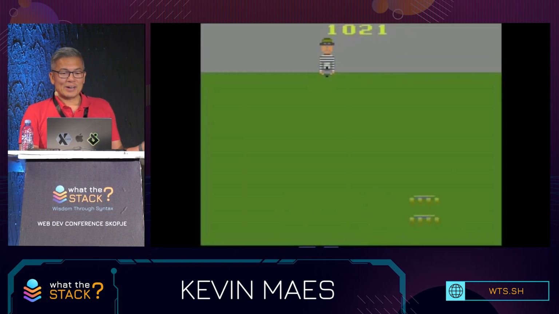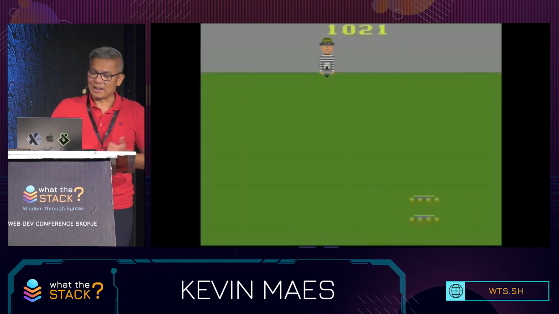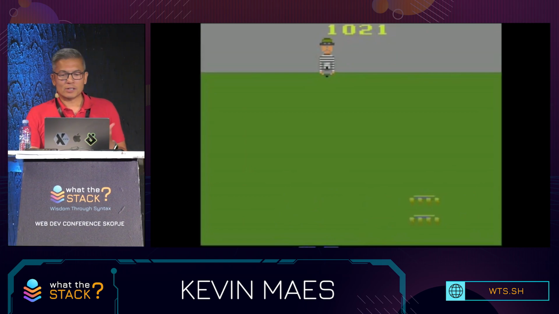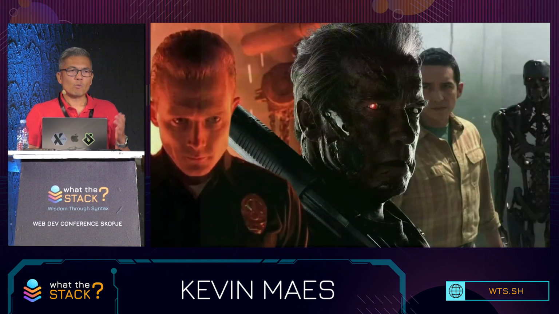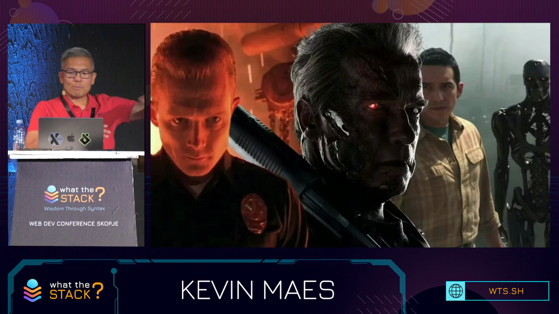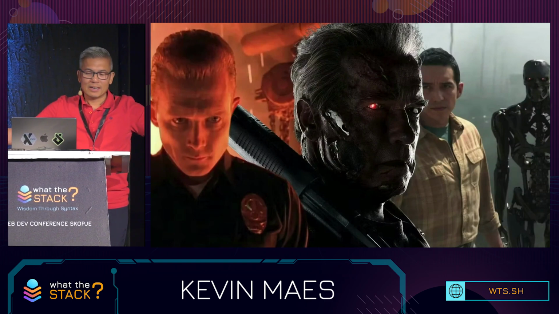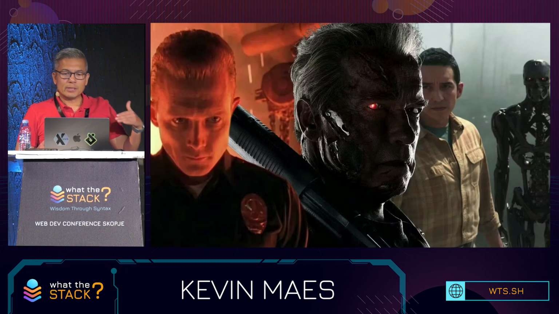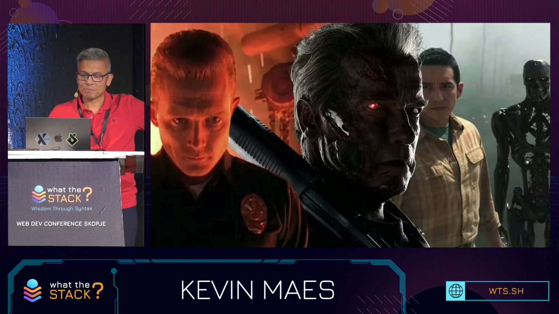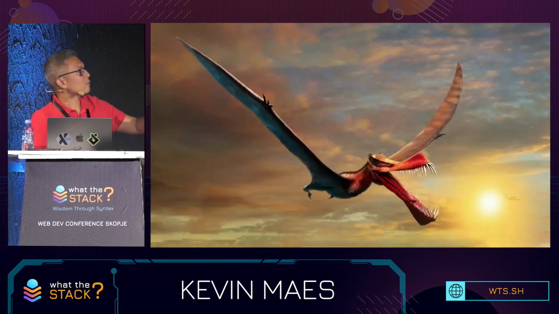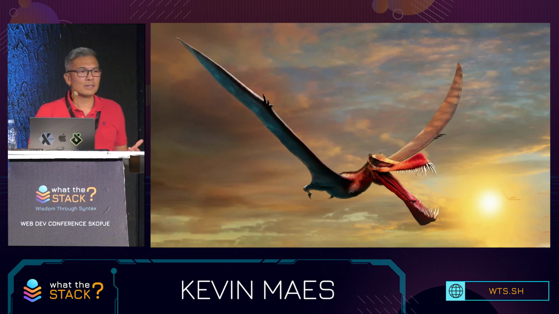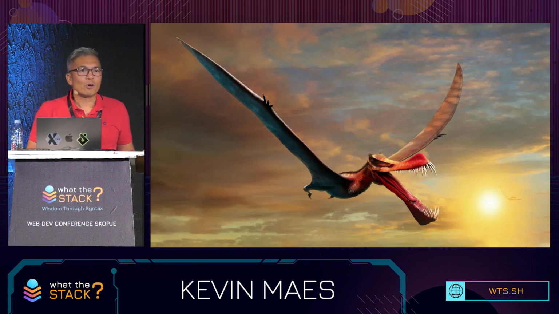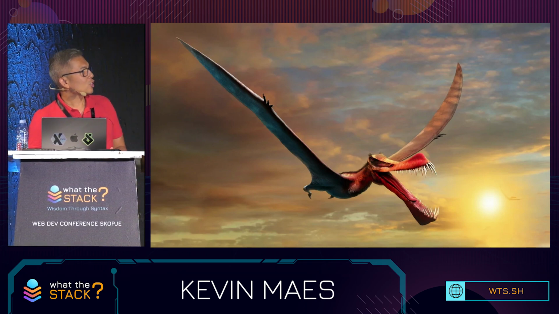Inspired by Kaboom, I decided I wanted to make a game. And I also wanted to see if I could experiment with adding a genetic algorithm to that game. But instead of one bomber, I would need a population of bombers, right? And I needed that adversary to be able to evolve to threatening levels, like a Terminator evolved. Or maybe it should be something fearsome up in the skies, like a direct descendant of the great dinosaurs. So after a while, I gave it some thought, and I knew I'd found my match.